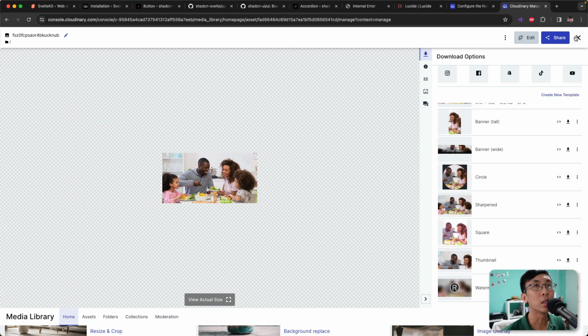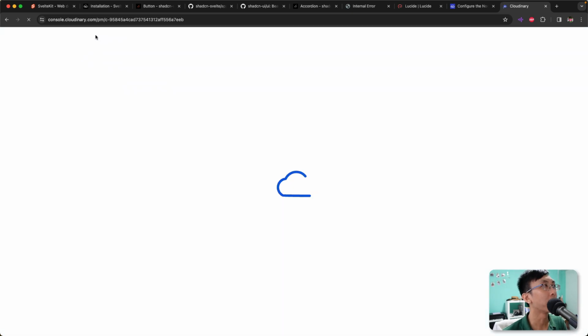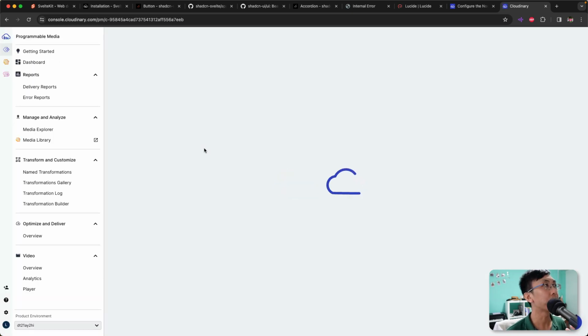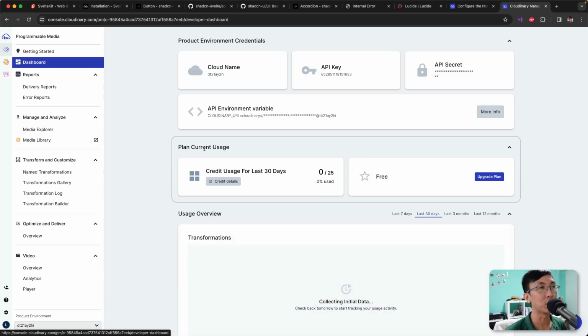So this is the Cloudinary UI. But for us, we are programmers. We're going to build a photo library, right? So instead of just looking at all the images, which is more of the asset management area, we're going to go to the programmable media section. So this will be our programmer dashboard. This is where we can see the cloud name, API keys, and secrets for our Cloudinary account,